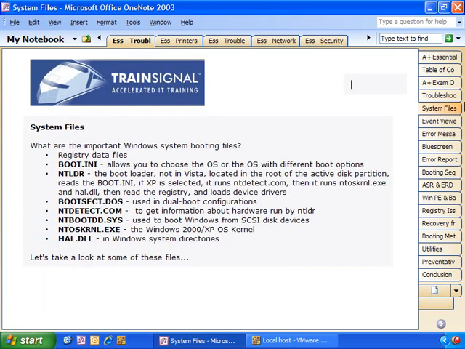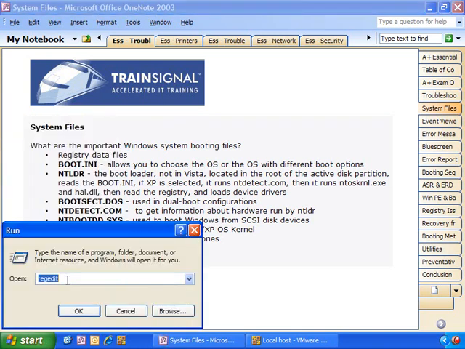All right, now let's talk about the important Windows system booting files. First off, the registry. I can't talk enough about the importance of the registry to Windows. The registry is where all the system configurations are stored, not just for the Windows operating system, but for all devices and all third-party applications that are installed in Windows. So to edit and view this registry, you use the regedit program,